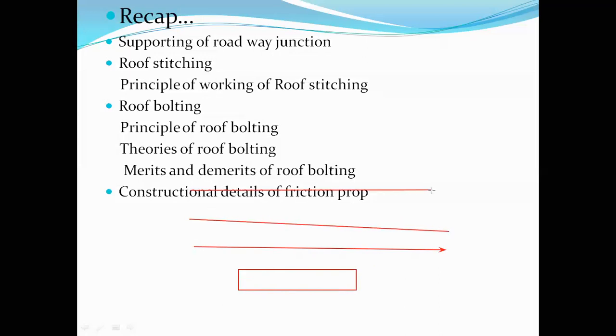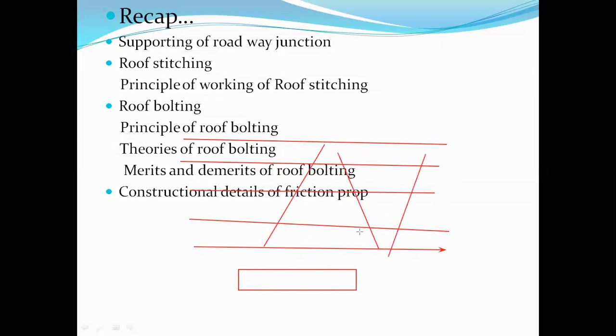Something like this. These are all the different layers of the strata. Now you have what you call the cracks like this, the development of some cracks. Now what happens? The roof bolts are installed in such a way that, because of the presence of these cracks, there will be a lateral movement, and due to lateral movement only, there will be a separation between the layers of the strata. So our job is to restrict the movement between the weak layers.